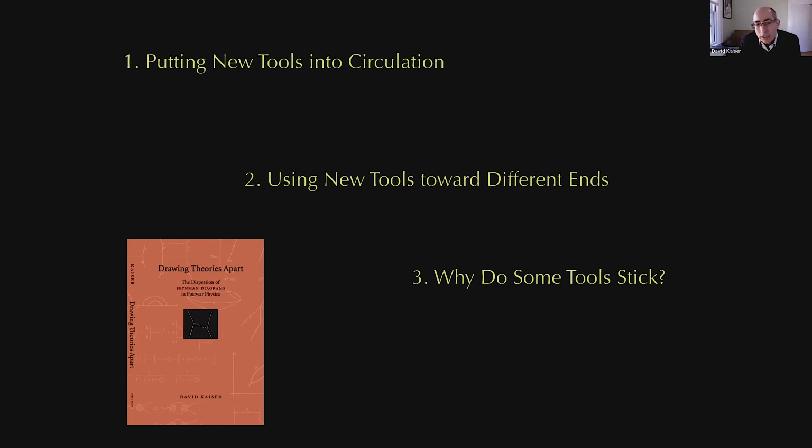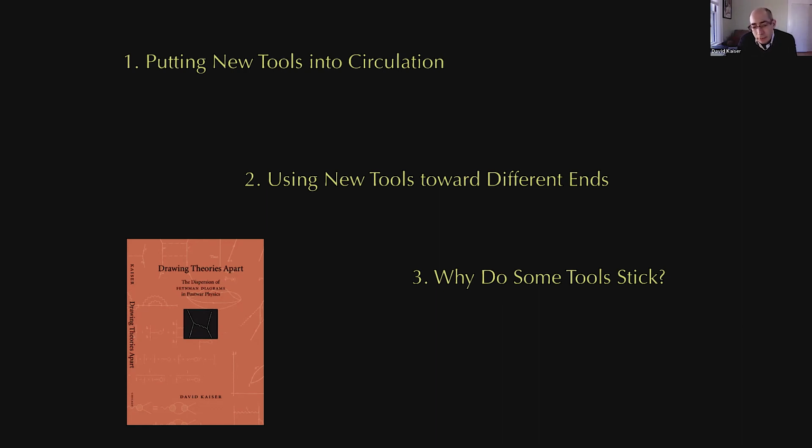And then we'll see that once some people did start using them, they would often deploy these new tools, these pencil and paper techniques, in quite different ways than what Feynman himself had in mind. So it's not just that new people had to start using the tools, new people began adapting the tools toward new or different ends. And what did that mean for the continuing conceptual puzzles they were wrestling with as they tried to continue to make sense of high energy physics phenomena?